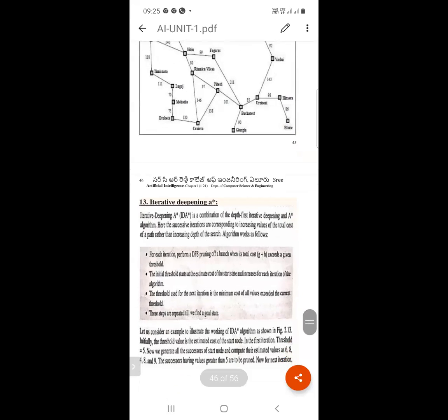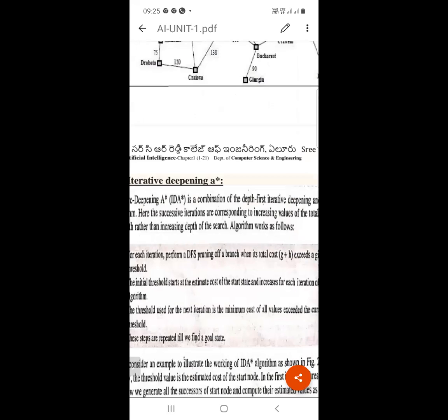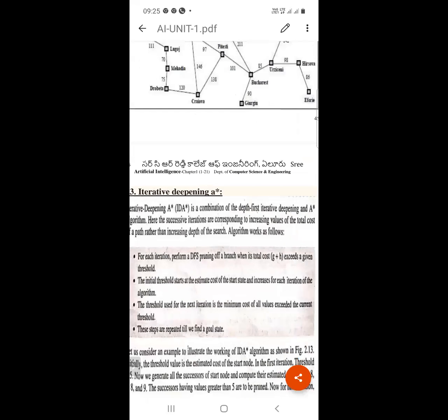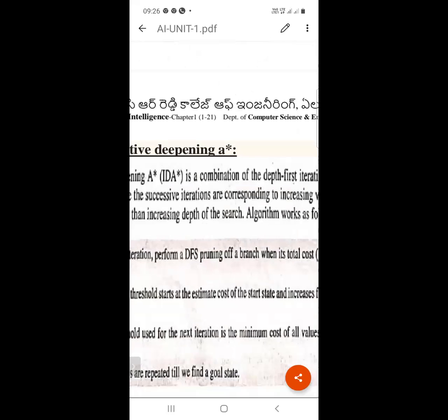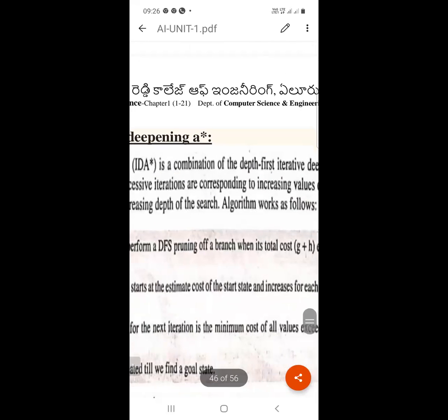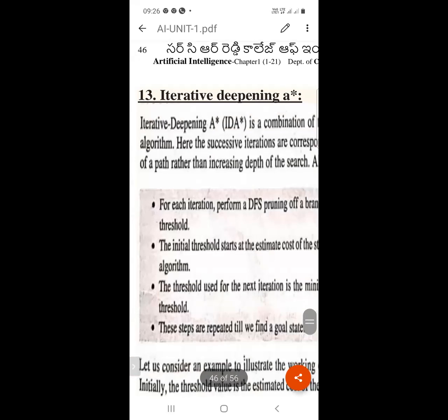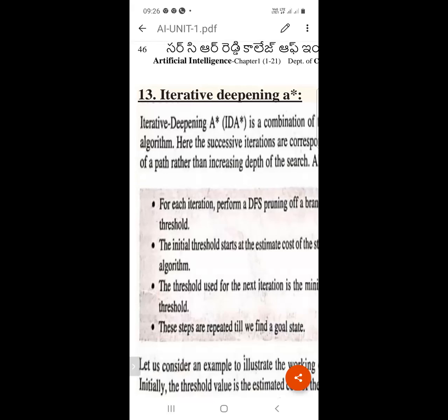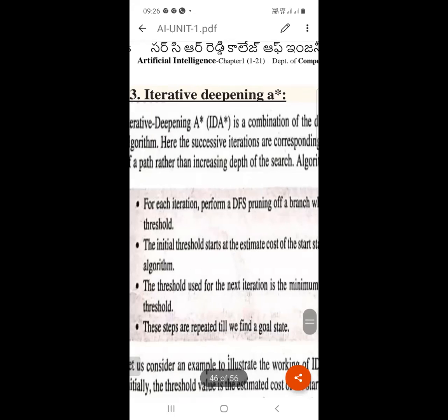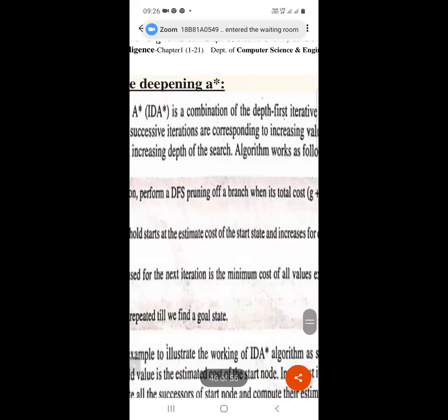Step 1: for each iteration, perform a DFS, pruning a branch when its total cost, G plus H, exceeds a given threshold.